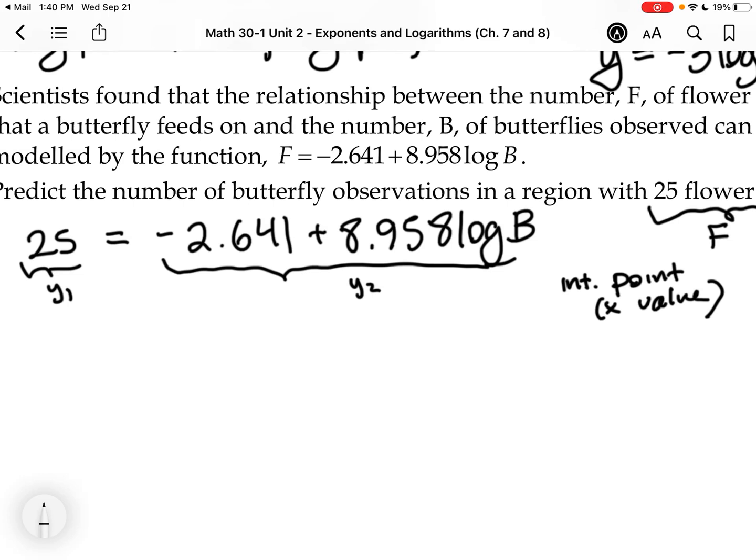The key with solving algebraically is that before you do anything, you have to isolate the log. So I really want this piece to be isolated. I'm going to start by adding 2.641 to both sides. If I add 2.641 to the left side, I'm going to have 27.641. And on the right side, that will make 0, so 27.641 equals 8.958 log b. Now I can divide both sides by 8.958,